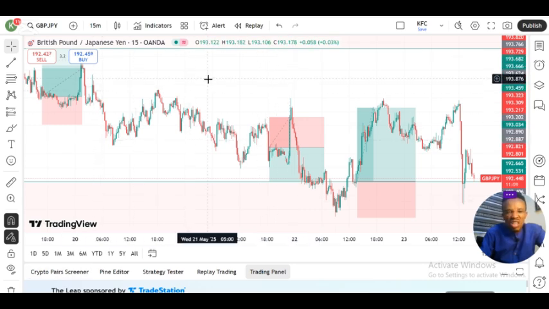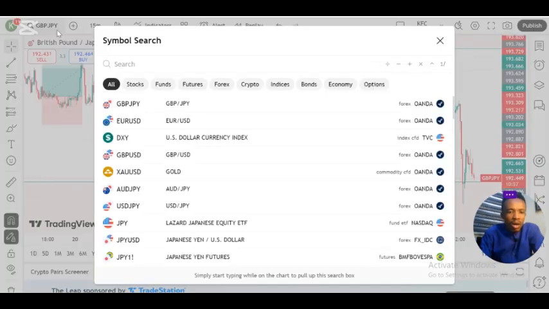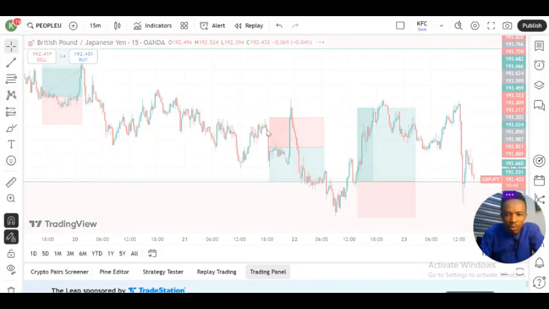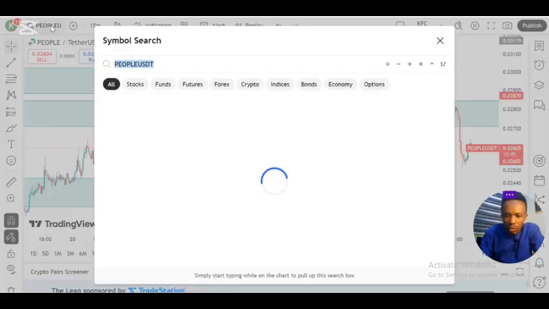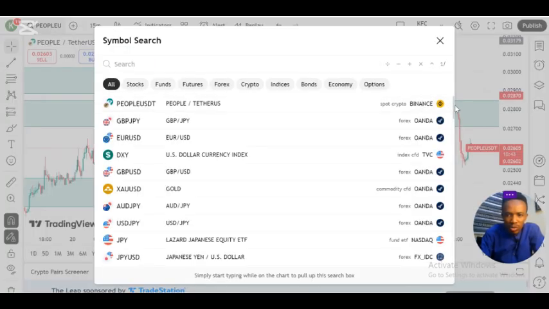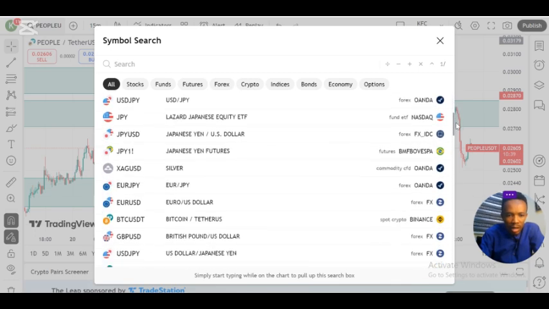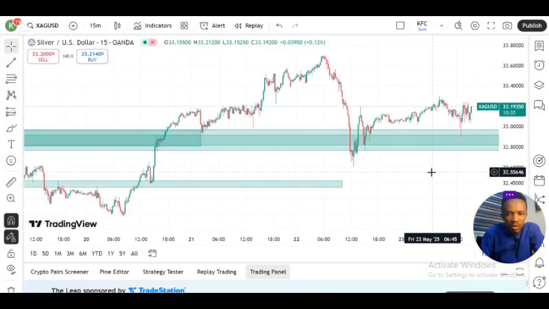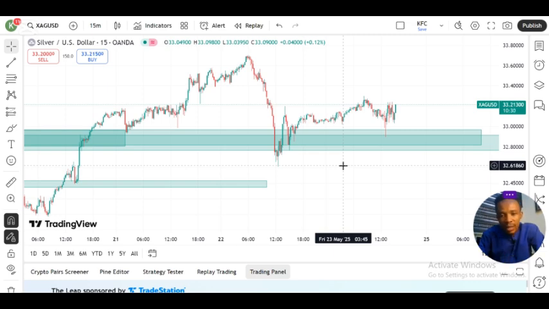As for the synthetics, I didn't take any entry on the synthetics. In fact, I'm thinking maybe I should just put a hold on the synthetics for now and just focus on these forex pairs until we are able to have our niche, and then we are able to correct all of this that is happening right now. So this is the BTC USDT. I didn't take any entry on that, even though I did an analysis on that, but I've been so busy with the GBP JPY, the new pair, and the GBP USD, and then the silver. I didn't take any entry on those, but I'm going to reanalyze them for the coming week, and let's see if we can get any entries on them.